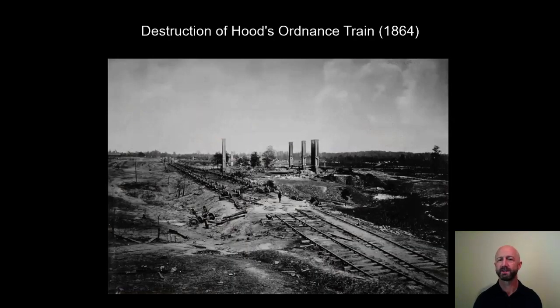Destruction of Hood's Ordnance, same thing, right? Sherman would come in, he'd blast an area, he'd move the Southern troops out of that area, and then he would dynamite everything, burn everything down, just scorched earth policy. And the works here by George Bernard show you some of that. What I find